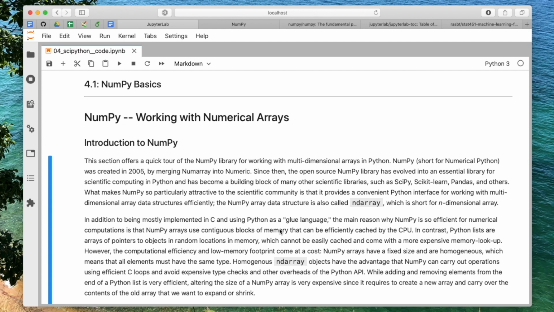However, the advantage is if you have only data of the same type in the array, that means you know the size of that array. So if you have, let's say, 64-bit integers in that array, and you have eight 64-bit integers, you know the size of the array is 8 times 64.